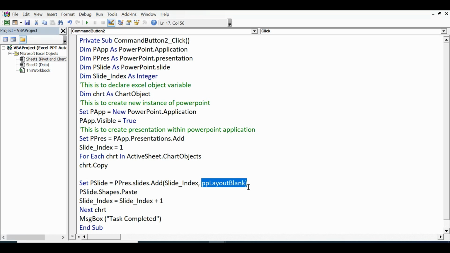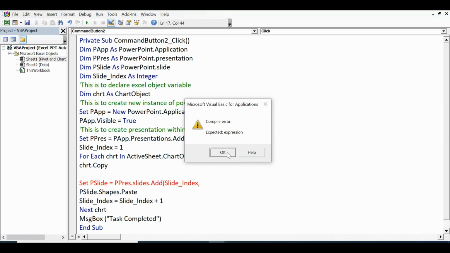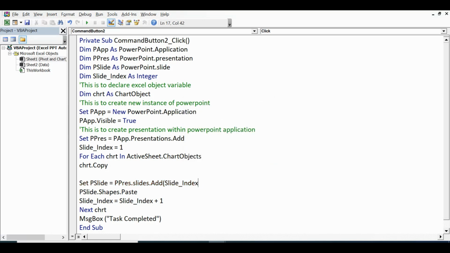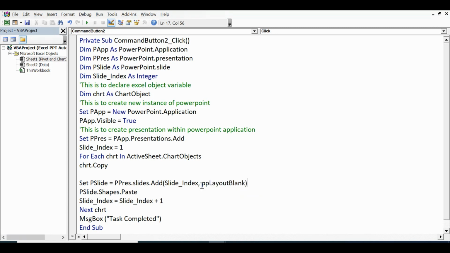So this comes automatically. ppLayoutBlank, and then p slide.Shapes.Paste.